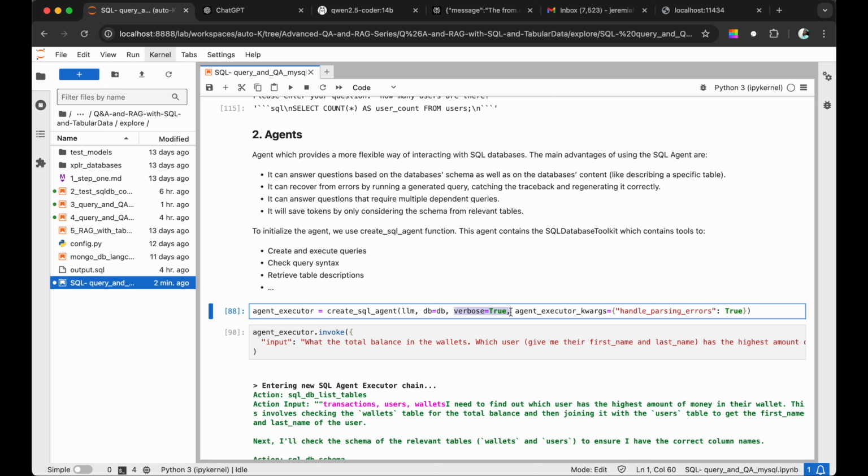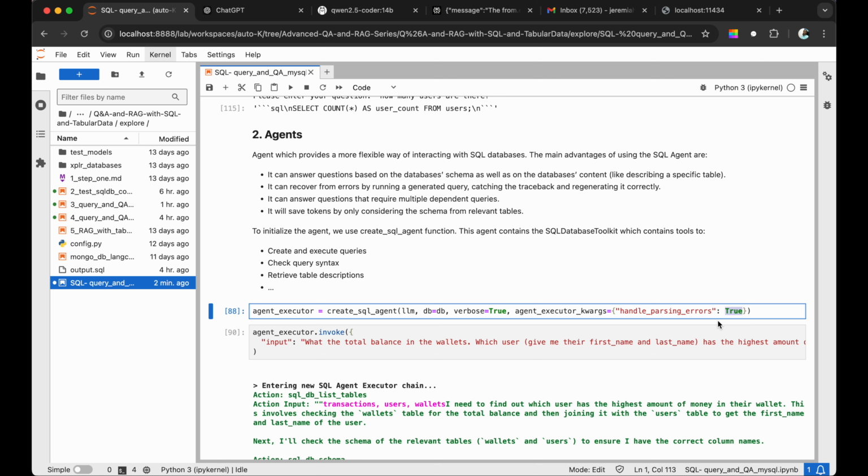This verbose true here is to output anything as it's generating, just to see the process of generating the response. The handle parsing errors we set to true here, so that if there's any error in the SQL statement, it can put that error back into the prompt and the LLM will try again to get